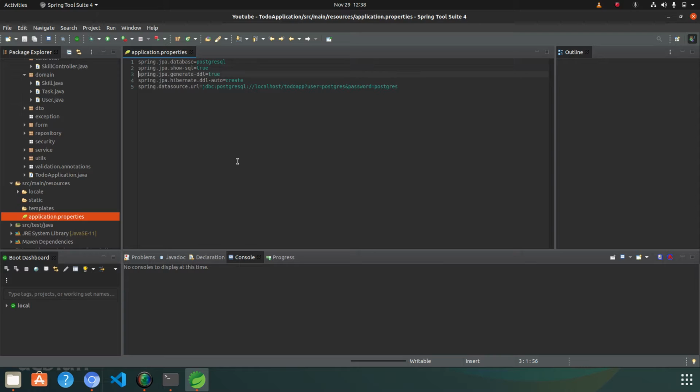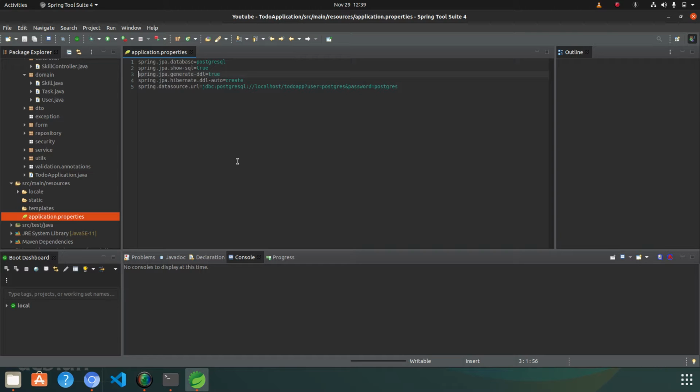and spring.jpa.show-sql to be true means it will print out the SQL queries in your console so you can easily check what query is going to be fired in your database, and generate the DDL. It will use the DDL to be true when the application starts up. JPA is the interface and Hibernate is the implementation of that, so we are using Hibernate with JPA inside this Spring Boot project. So using the property